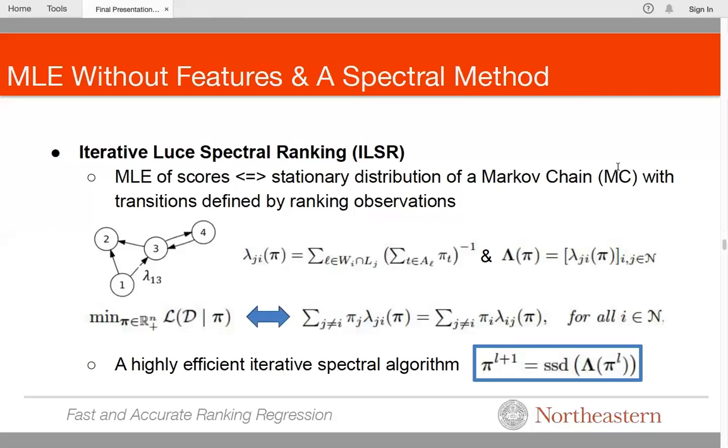If the transition rates lambda were fixed, we could easily find pi as the stationary distribution of the Markov chain by solving this linear system under a normalization condition. But here, lambdas are also functions of pi. That is why Maystre and Grossglauser's approach finds pi iteratively using the following iterates, which they call ILSR, until convergence.